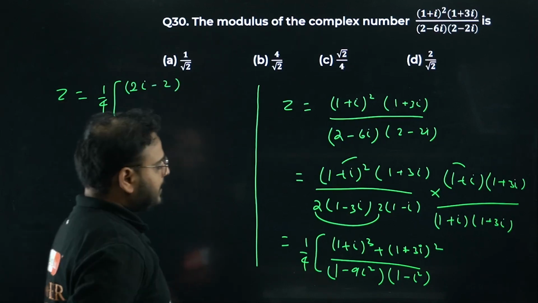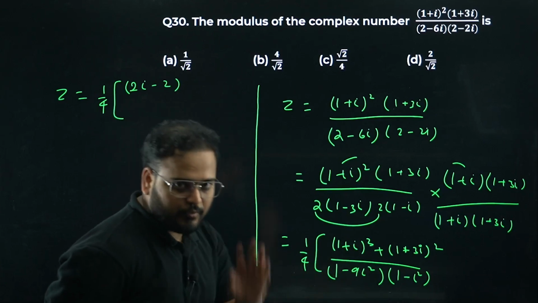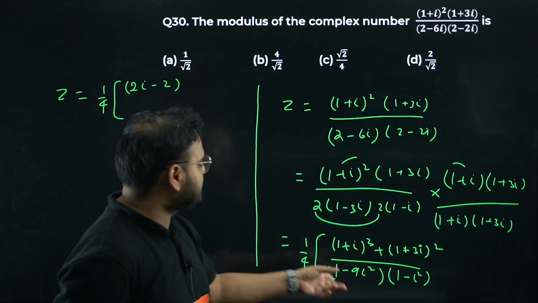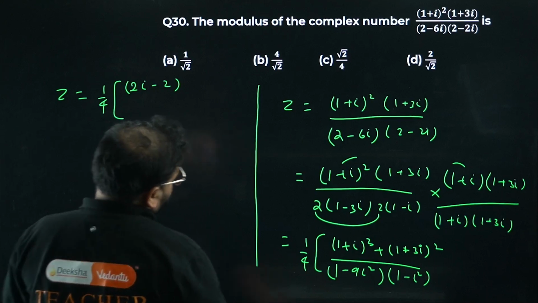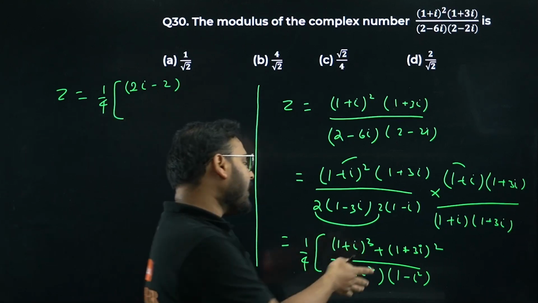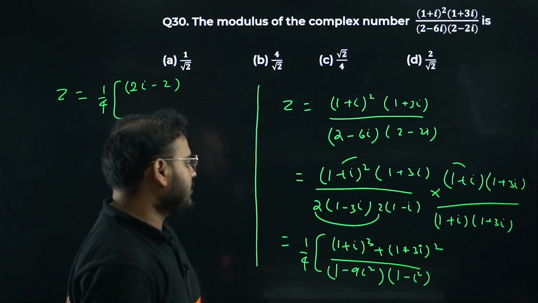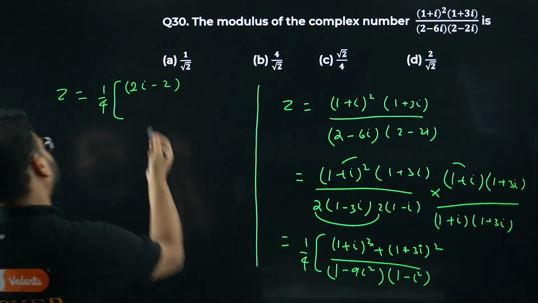Have a look. Solve this. 1 plus i the whole cube, you can do it from your side also. It will become 2i minus 2. If you want, pause the video and calculate it. You're going to get this result as 2i minus 2 only. Okay. Correct now. Right, 1 cube will be 1 only, and you have 3i into 1 plus i. So you'll get 3i square, it will be minus 3, so 1 minus 3 is going to be minus 2. So yes, minus 2 will be there.